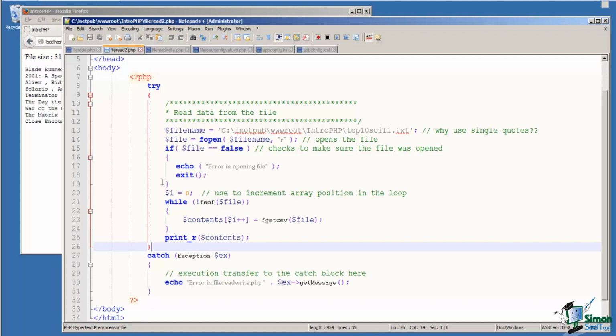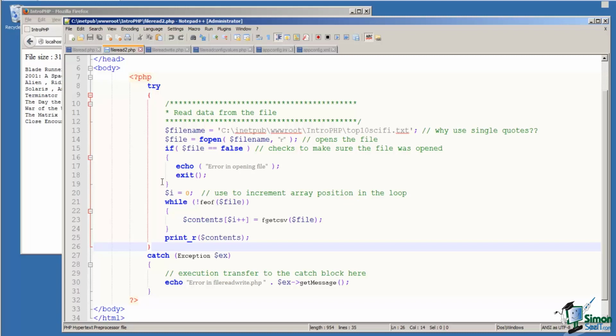Then on line 21, I set up a loop, a while loop, to iterate over the contents of the file. Now I do that using the end of file function, feof, and feof requires a file handle. So I pass our file variable, which contains the file handle, to the feof function. And I set my while condition to when not end of file. When feof encounters the end of the file, it will return true. Otherwise, it returns false. So I set my condition to not, using the bang operator, not end of file. So as long as feof returns false, then the while loop will continue to iterate over the contents of the file. Within the while code block, I call on line 23